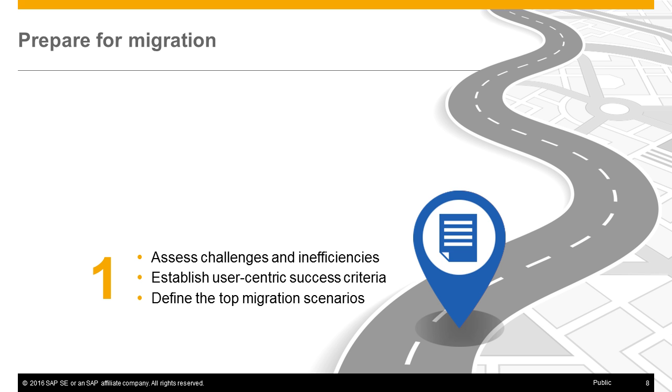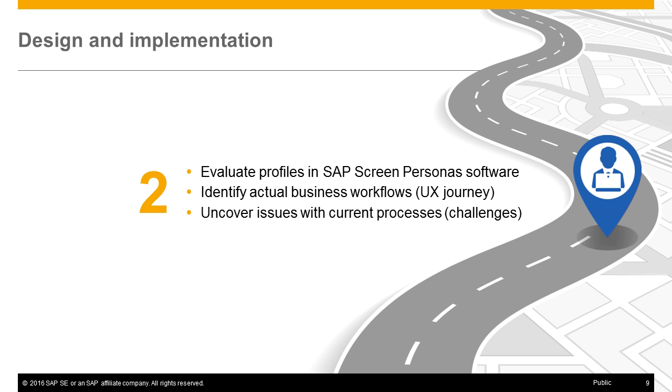So, starting with data and setting those stakes in the ground: What am I going to measure? What is important? What do I call adoption? How do I make sure we're succeeding? Having that baseline and having the data in step 1 is critical to show success when you make it to the end. Going to step 2,